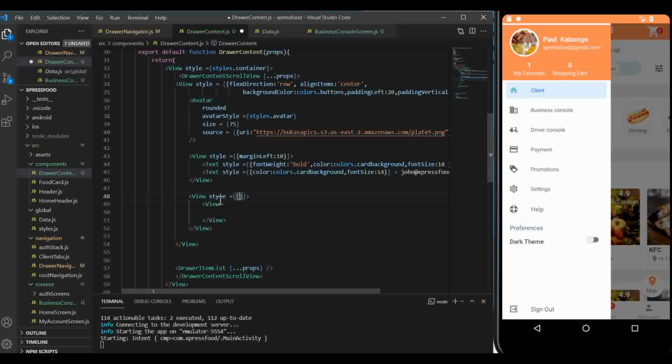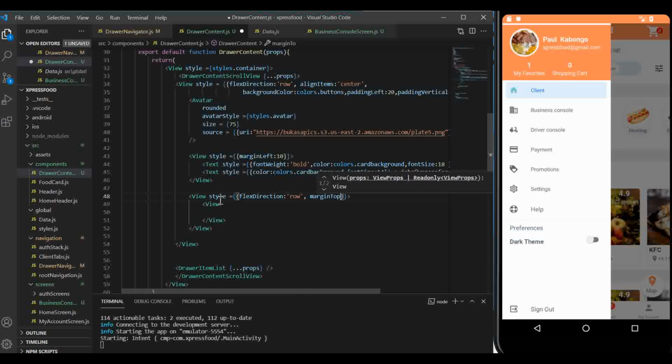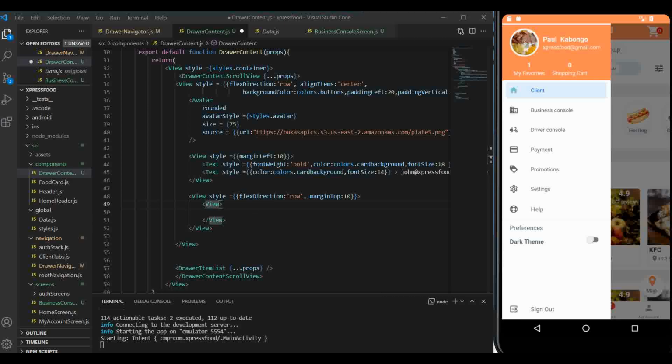You're going to pass the direction, you say flex direction will be row, and let's give it some margin top, you say margin top 10,